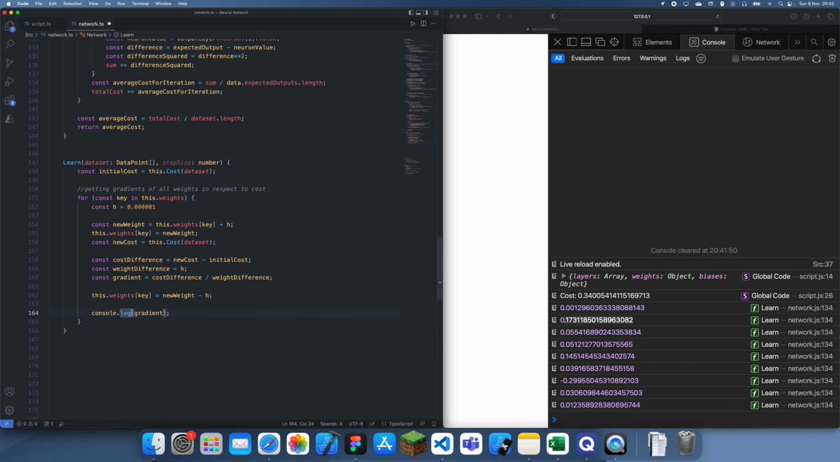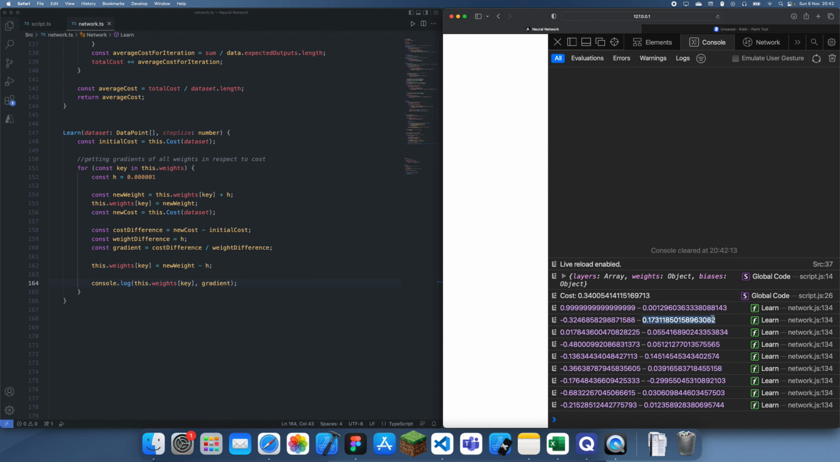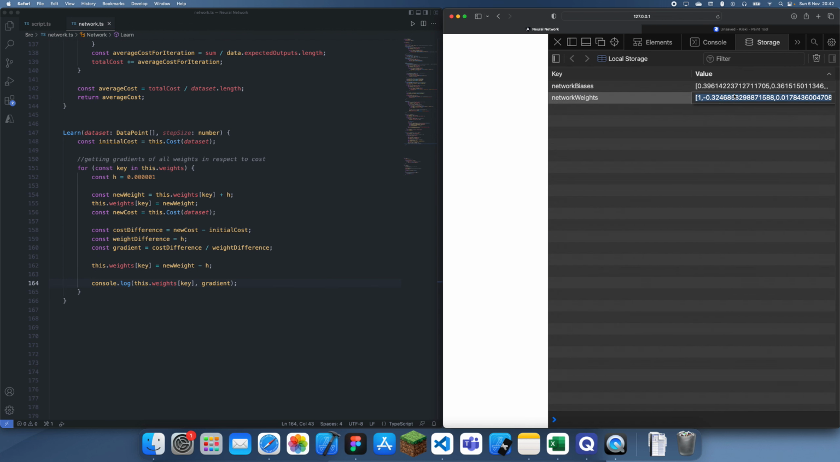We'll do console.log gradient, this.weights key, and the gradient. So it is the negative 0.321. So if we go to our storage, look for that here, it's actually this one. If we change that by a lot, so let's just change it to 1